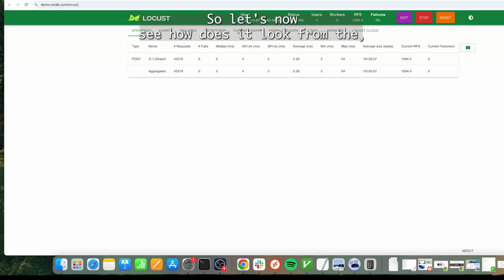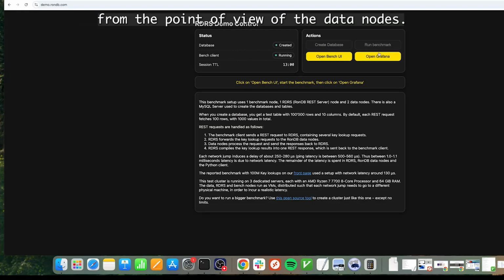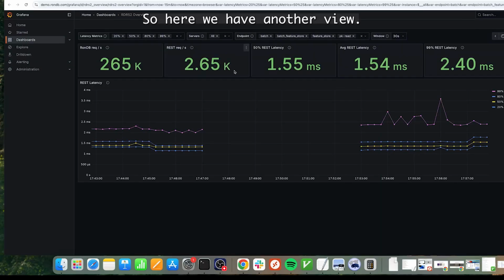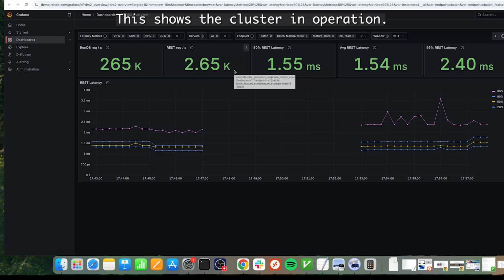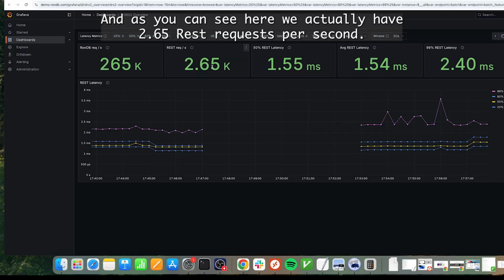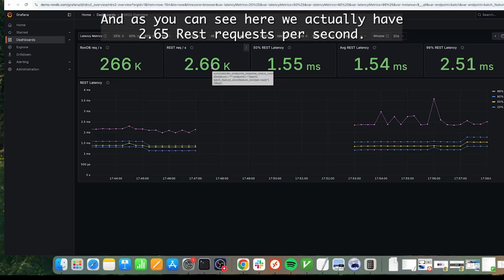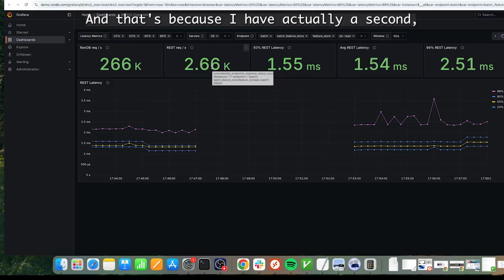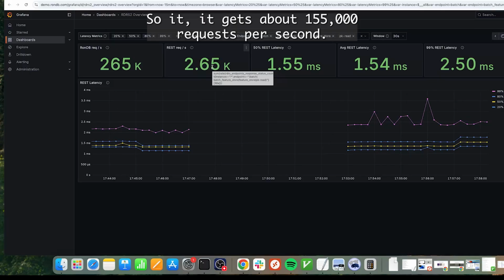So let's now see how it looks from the point of view of the data nodes. Here we have another view. This shows the cluster in operation. This one shows how the REST API server is behaving. And as you can see here, we actually have 2.65 REST requests per second, a lot more than what we had in the one we had. That's because I actually have a second benchmark client running at the same time, and it runs with 6 clients, so it gets about